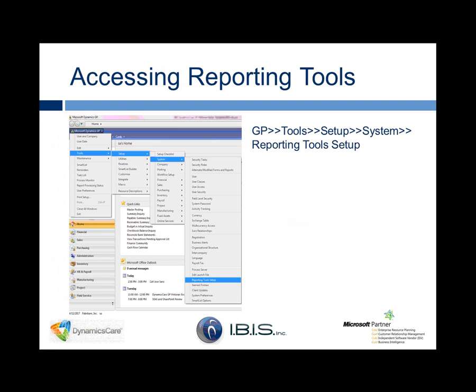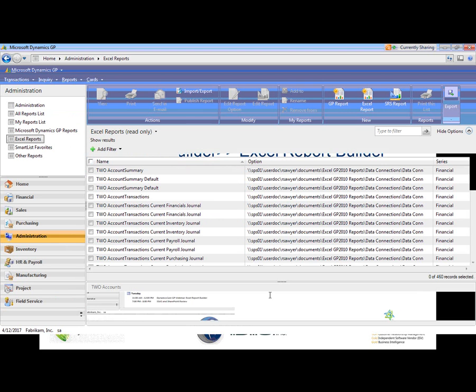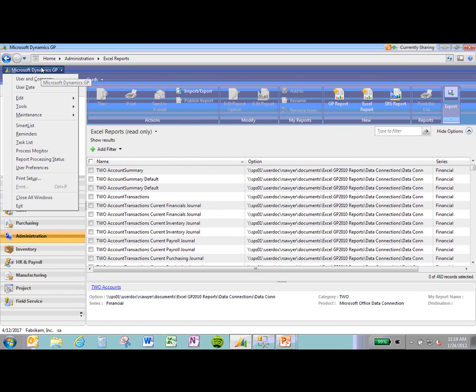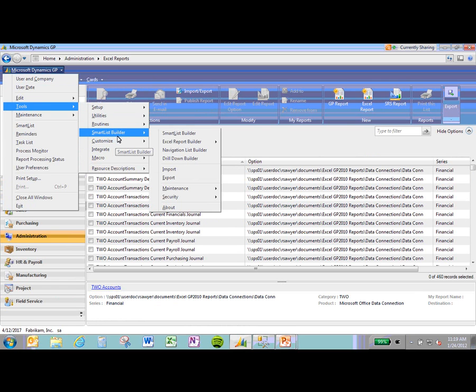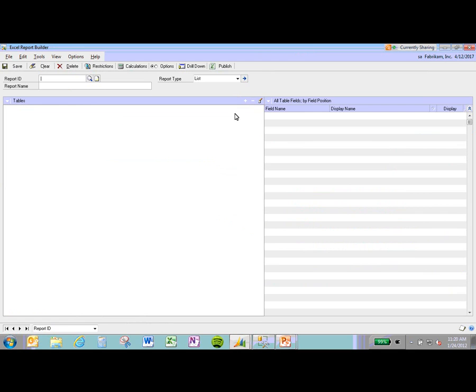Okay, we've already gone through the reporting tool setup. Let's go ahead and talk about creating an Excel report. What I'm going to do today is walk you through it, and I'm going to use fixed assets as an example. So I'm going to go to Tools, Smart List Builder, Excel Report Builder, Excel Report Builder. Okay. And what I'm going to do is go